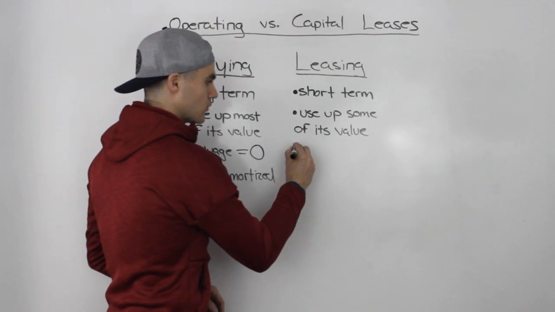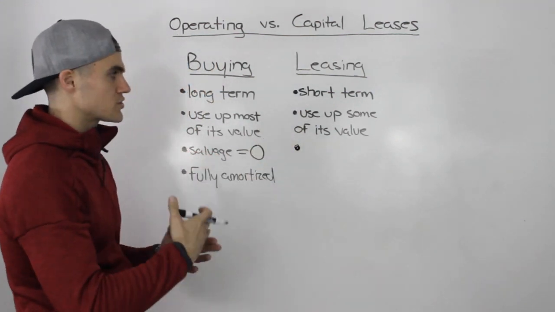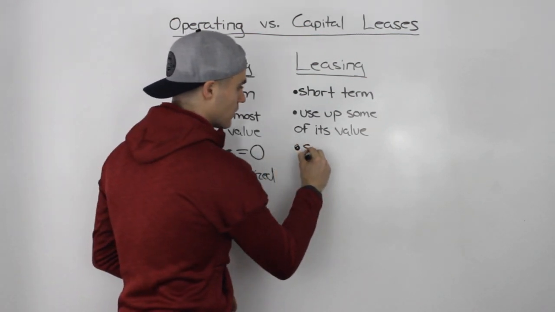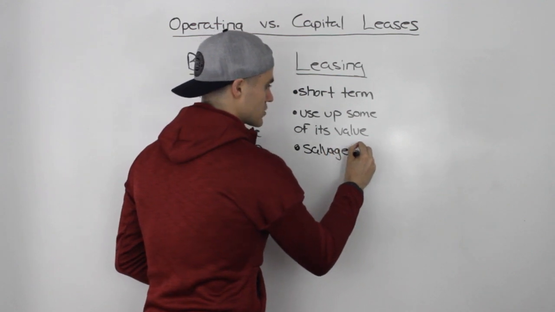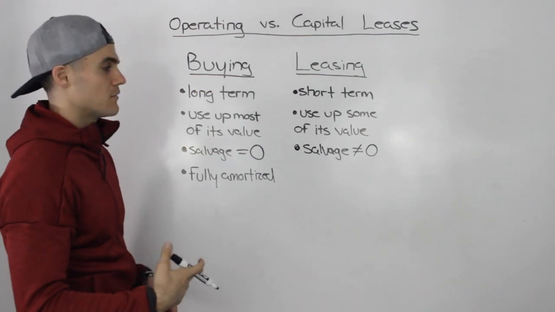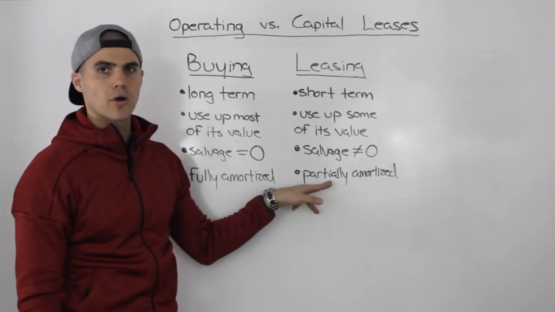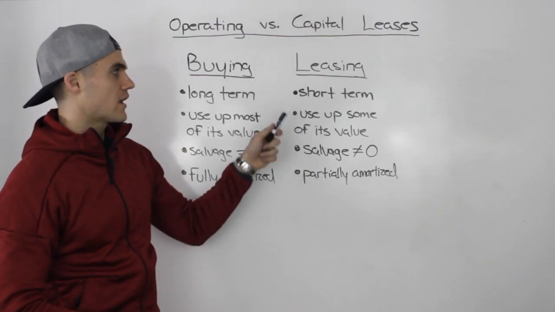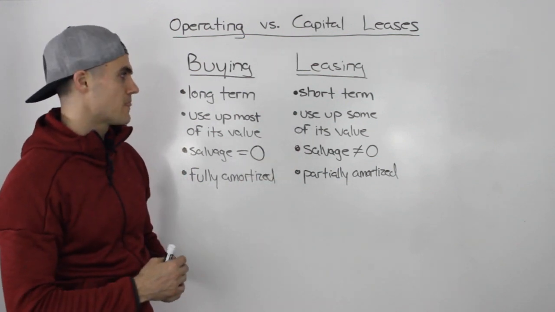So after we are done leasing the asset, we're going to return the asset to the owner, and the salvage value is not going to be zero. Obviously, the owner is going to want an asset that still has some value. And to get a bit more technical, basically the asset is only partially amortized